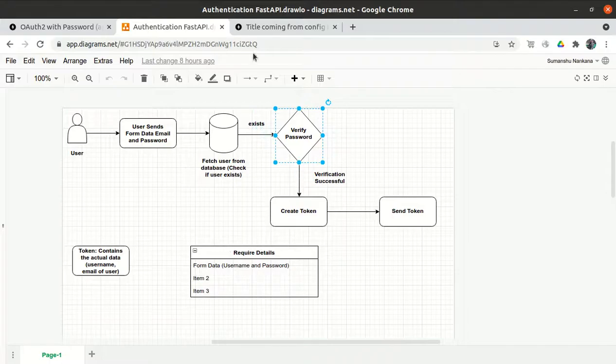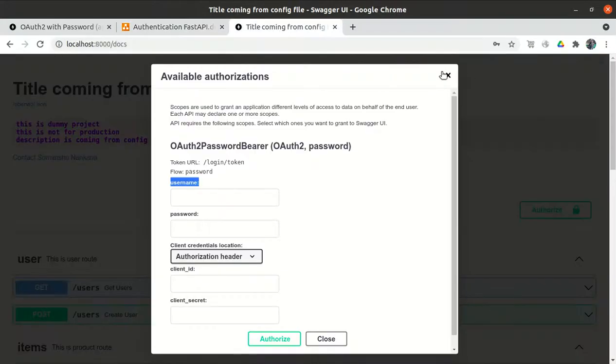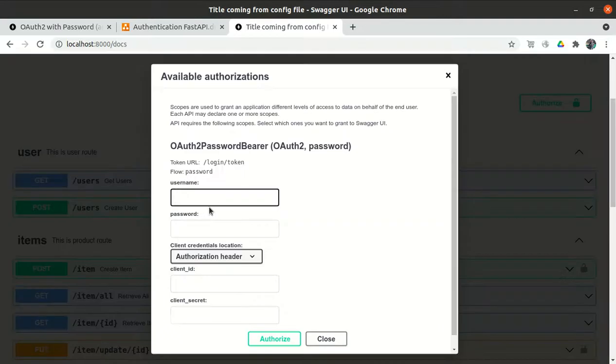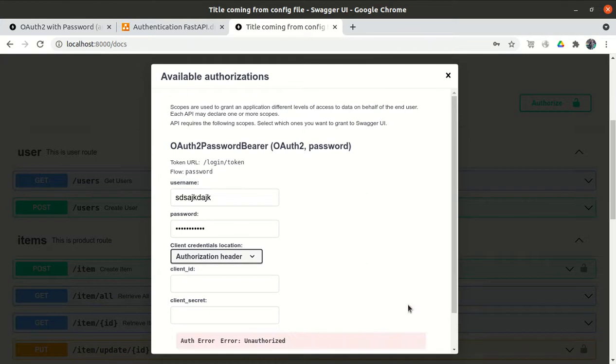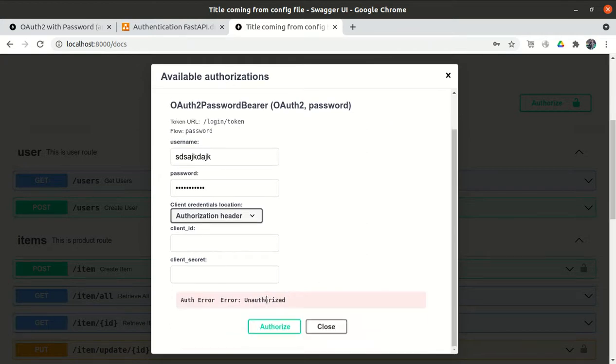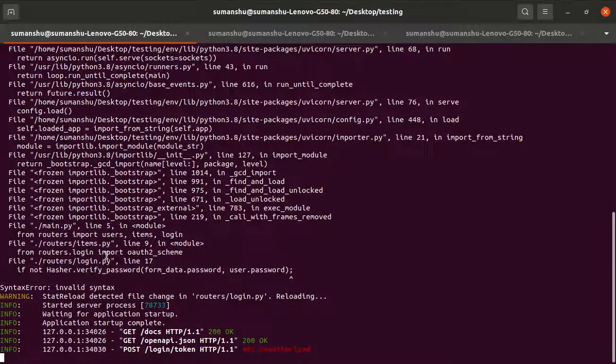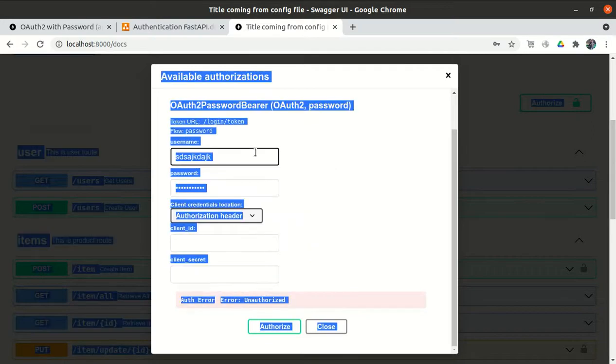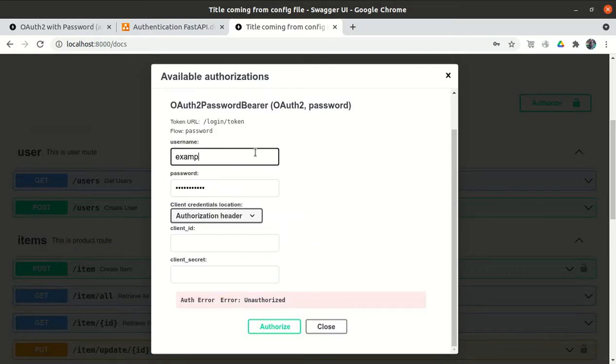Okay, so the application has been started. Let me refresh it, and now if I enter any wrong username, because it doesn't exist, it now gives me a valid error, that is not authorized, because we are saying that it should raise an HTTP exception 401 unauthorized. Let me give a correct user ID and some dummy password and authorize.